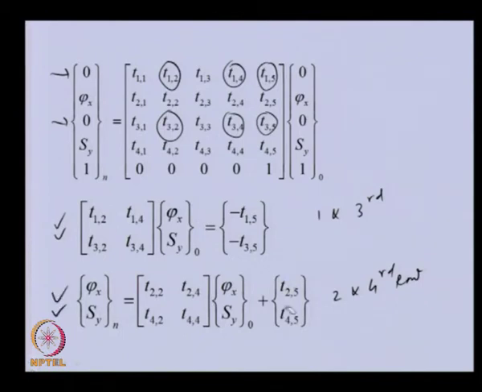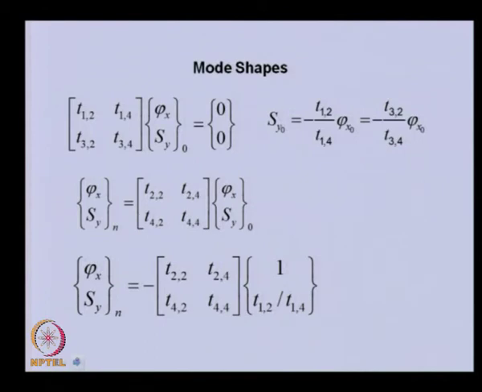Here we are equating this to 0 because there is no unbalanced force, and using this equation, let us assume this angular displacement as unity. So, we will be obtaining the mode shape with respect to this reference. I have substituted that as 1 here, and the shear force at the 0 station will then be given by either this or this, because now this is 1. So, we are substituting this here.